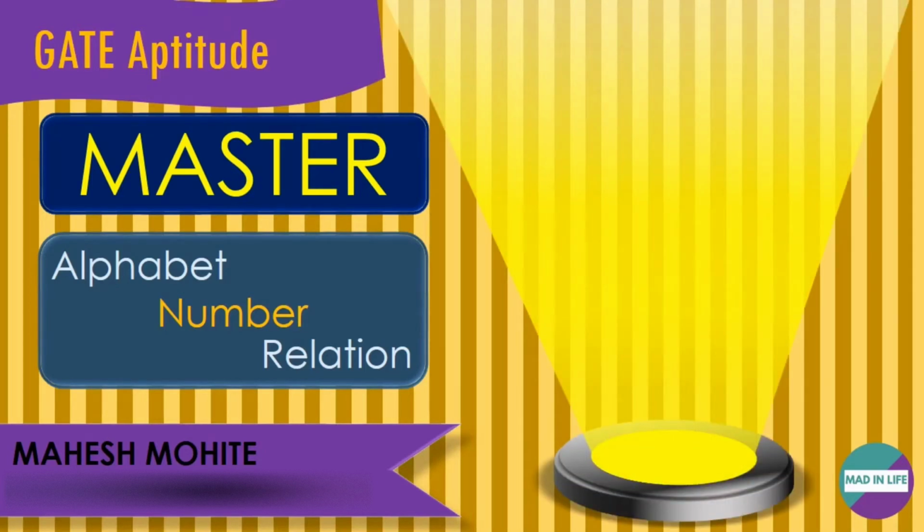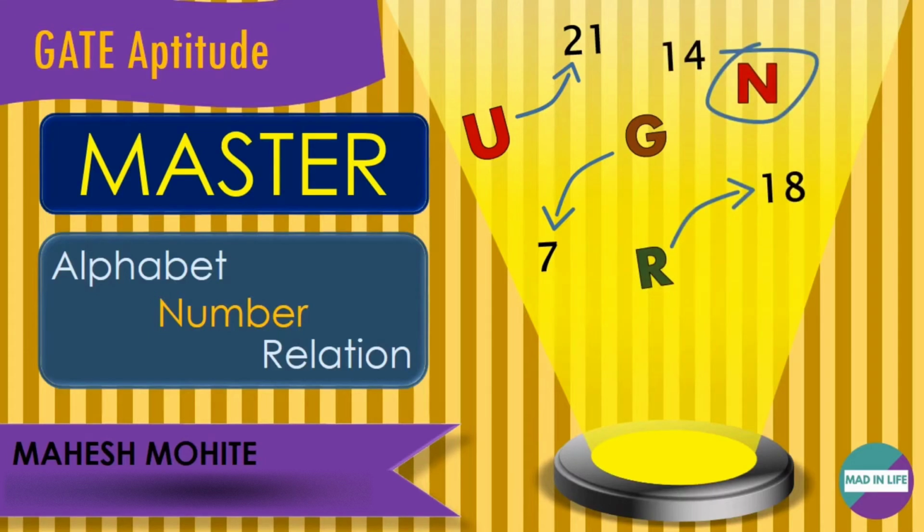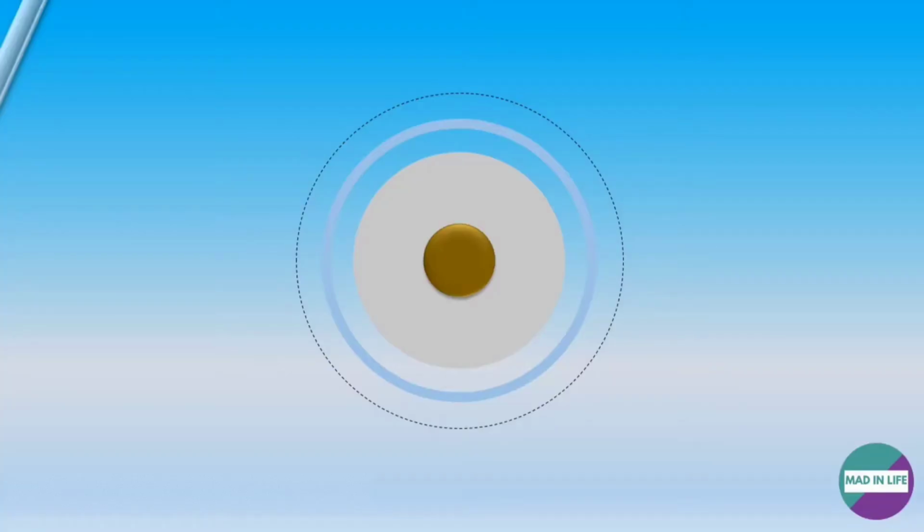So, within a click of a second, you will learn that U is at position 21, G at 7, and in the same way other alphabets and their corresponding positions. I will give you some tips and tricks which will make your way easy to learn those. Let's get started. So first, I would like to bring your attention to the alphabets that you need to memorize.